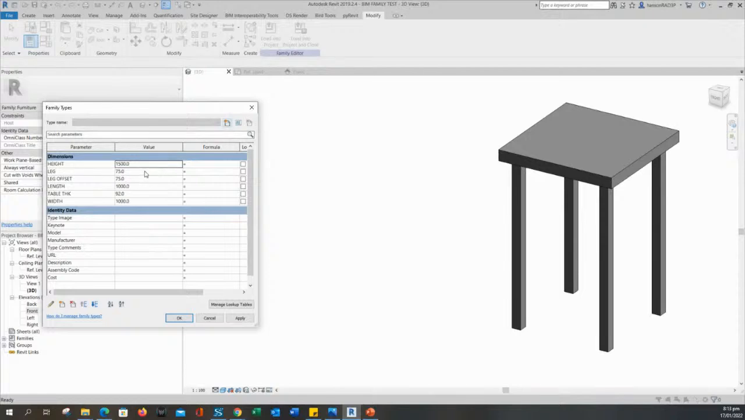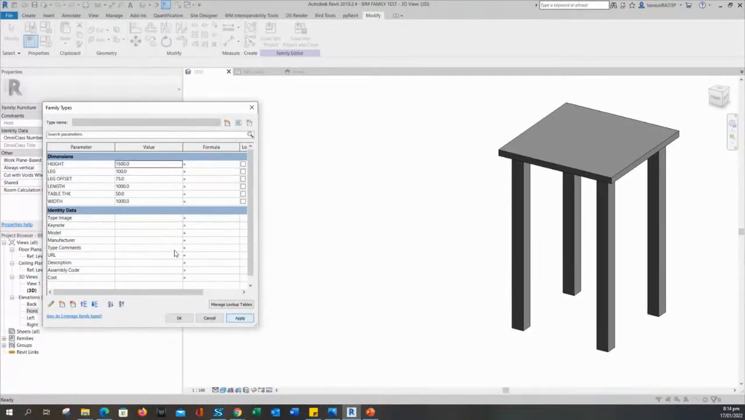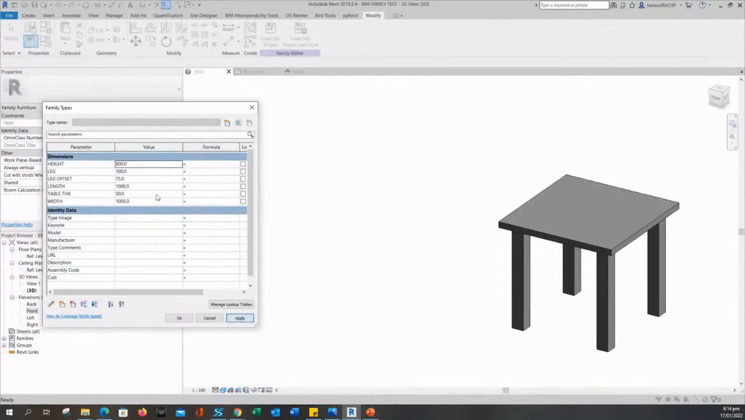So it's following. Now if we're going to make the table thickness 50, so it's okay. If we're going to make the leg 100, okay. So we can make